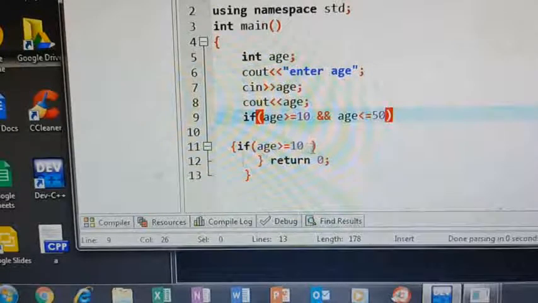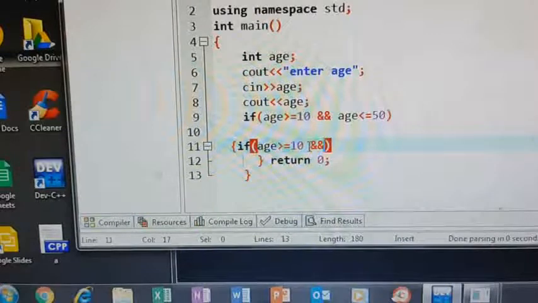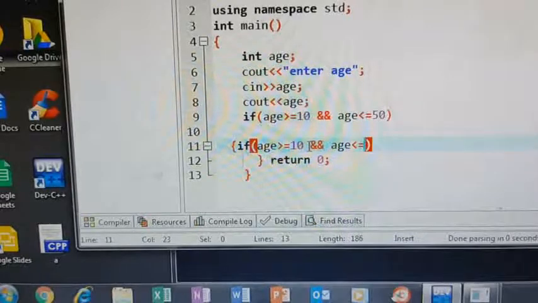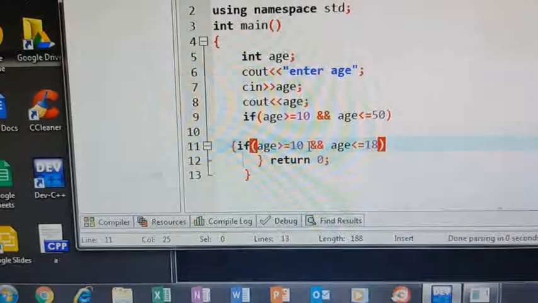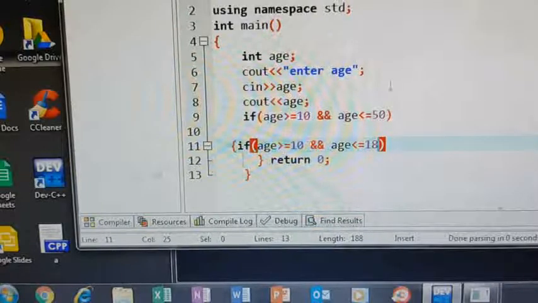Next here also, age less than or equal to 18 means your age should be less than 50 and greater than 10. Two conditions should be satisfied.